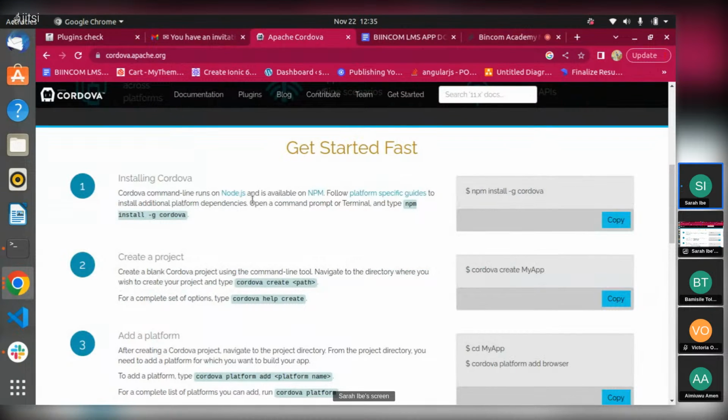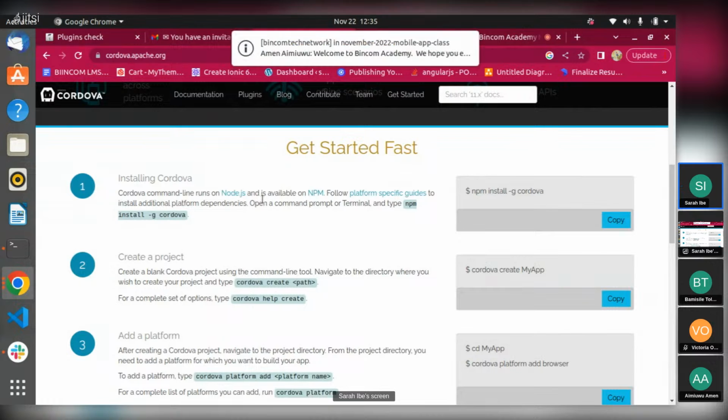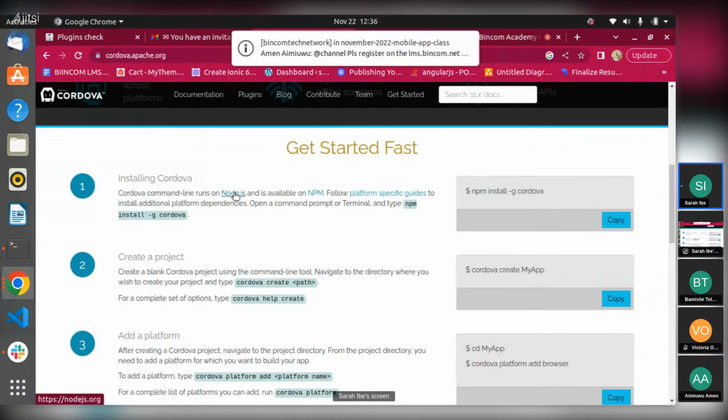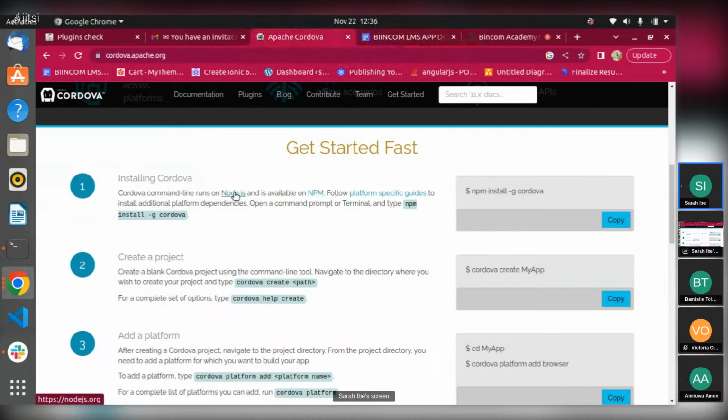So first of all, you would have to have Node.js on your system before you install Cordova, because you use npm to install Cordova. npm is included in Node.js, so once you have Node.js installed, npm comes with it automatically. You're not installing npm, you're installing Node.js, and that's what you have to get first before you install Cordova.